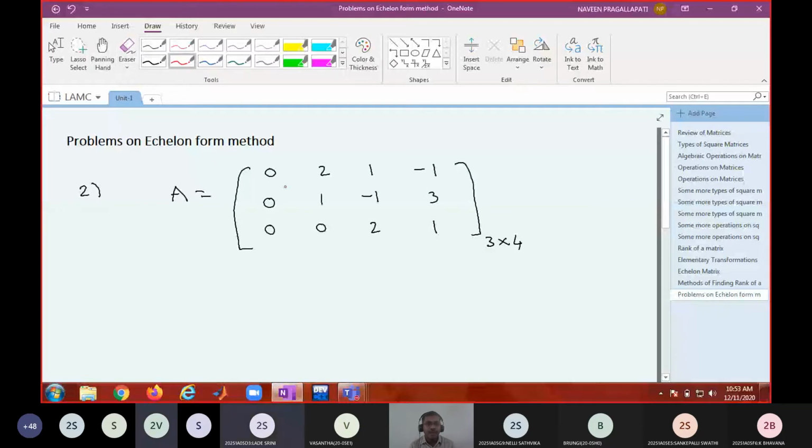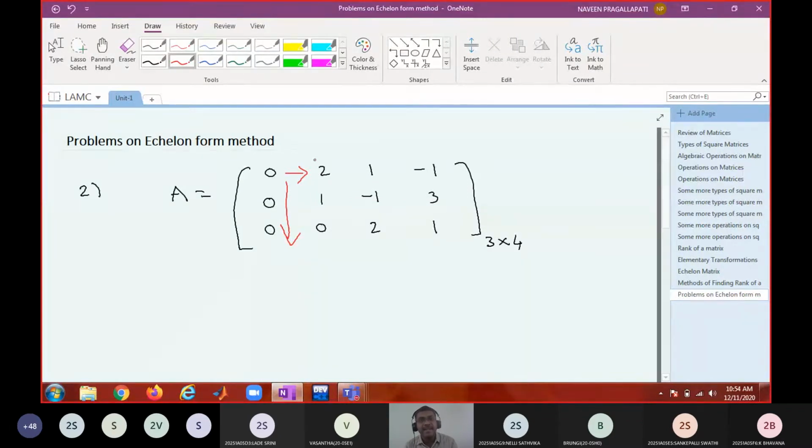First you go down. First you search in the downside. If there is no non-zero entry in the downside, then search in the right side. Interchange C1? No, what I said. See, don't be in a hurry. Listen to my instructions. At the starting of the method, I said we are applying only row operations. Then how can I say C1 interchange with C2? There is no question of applying column transformation.